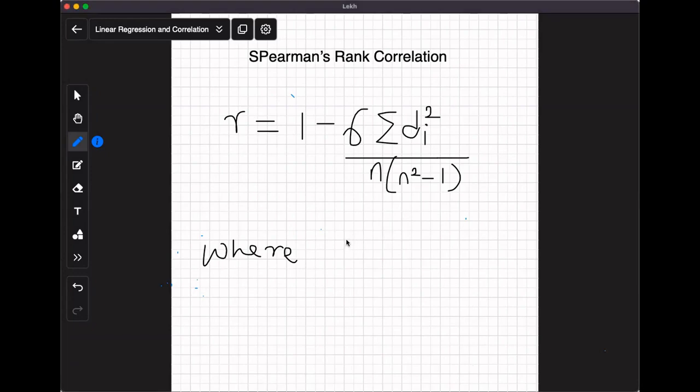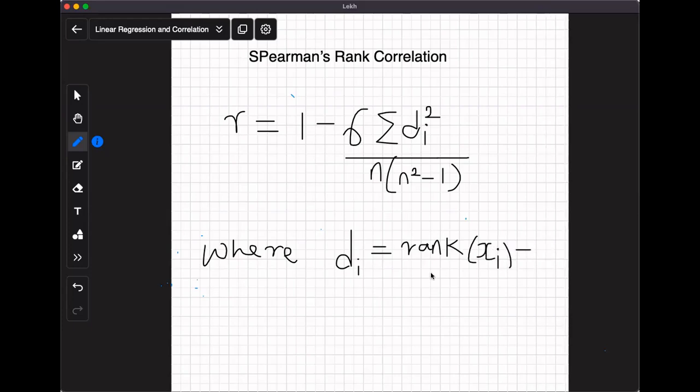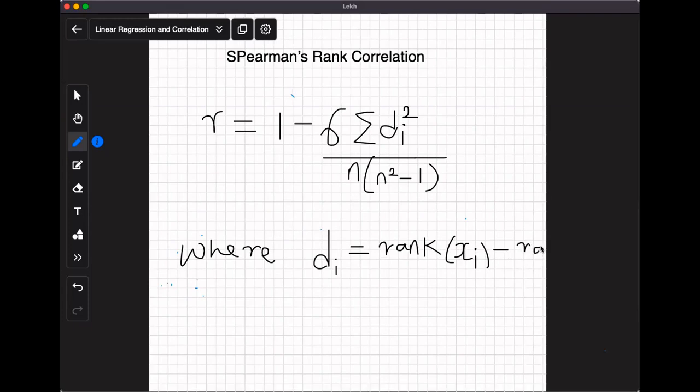But let's look at this. So di will be equal to rank of xi minus the rank of